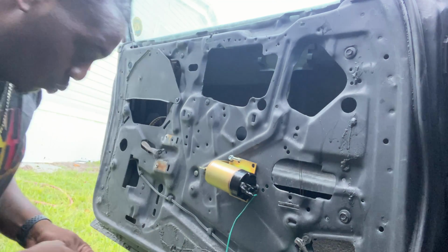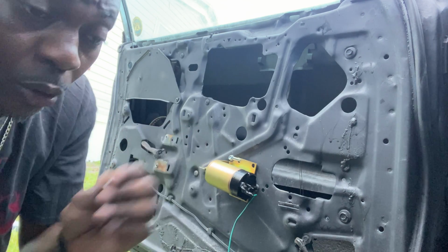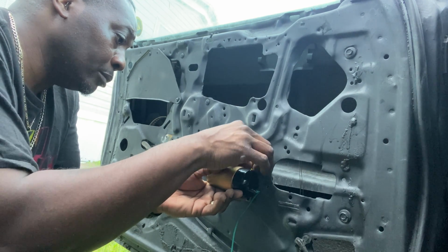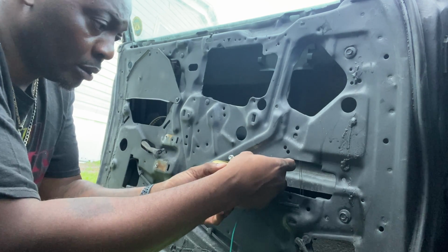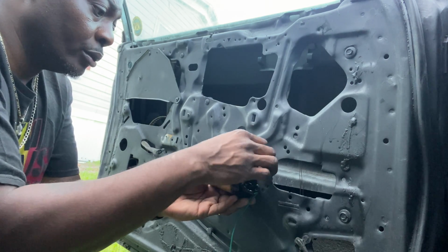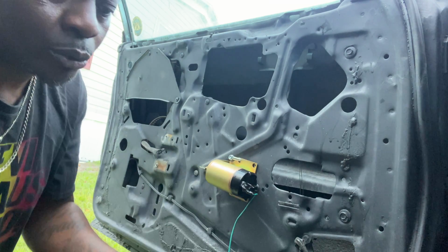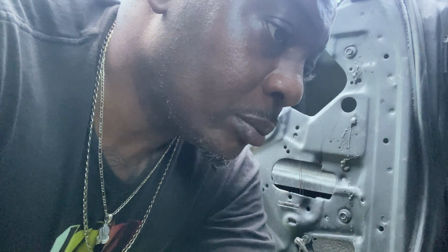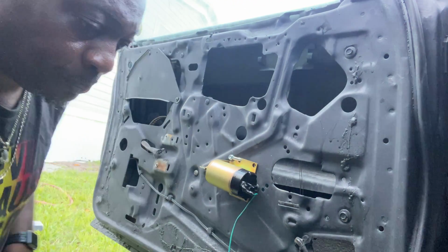Now, I do have some screws. I just don't know whether or not they're gonna be long enough to hold them in there. So if they're not, I'm gonna have to go and buy some screws to hold them in there. So these right here, for one, the thread ain't big enough. I got some screws in the house or someplace around here that's probably gonna be big enough to put in the door. I gotta find them, but